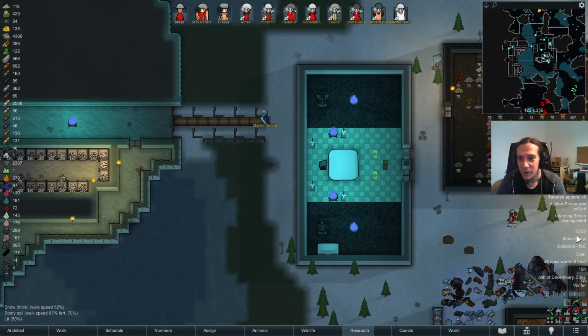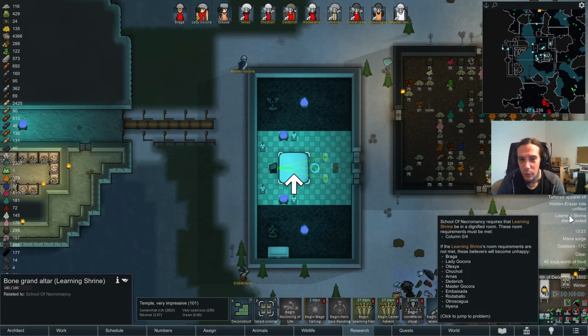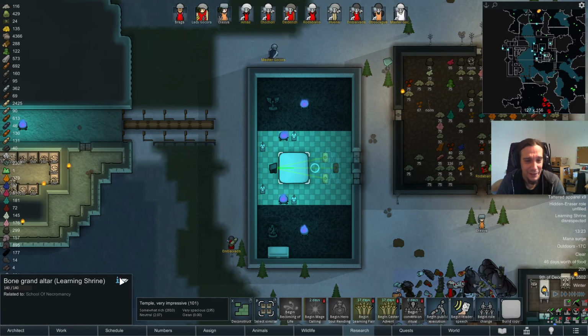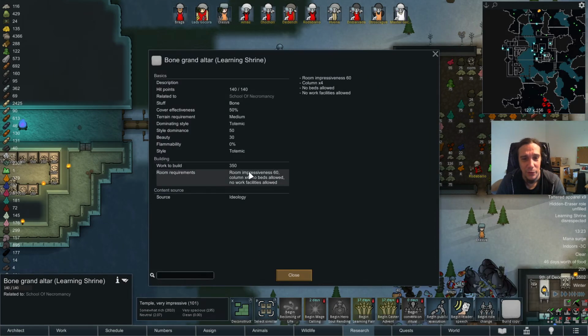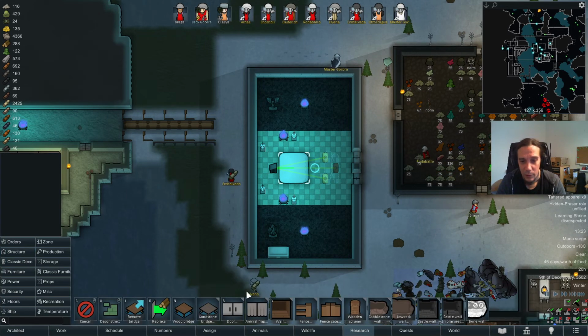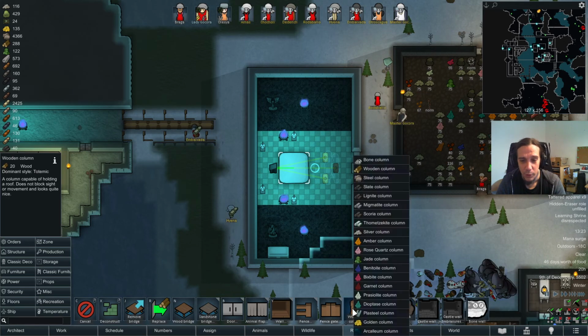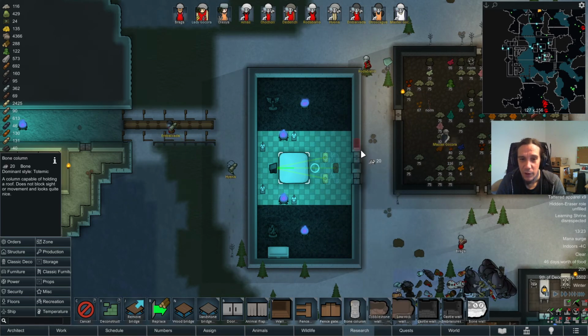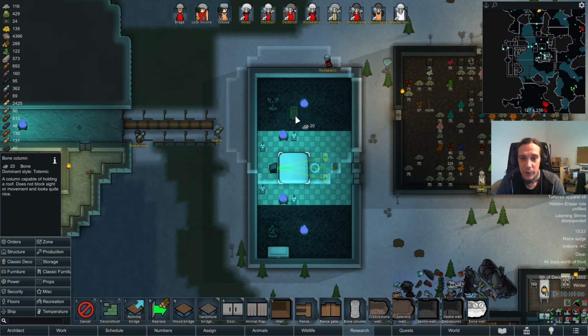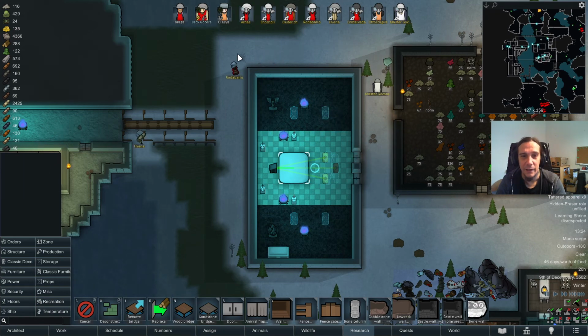Why is my learning shrine disrespected? Wait a sec. Why does it all of a sudden need columns? We never talked about columns. Strange. Where's that? Yeah, well, okay, whatever. Let's put up columns. I just wanted to outro here, and then the game tells me that my room needs columns. Okay, but nevertheless, this was a really fun ending